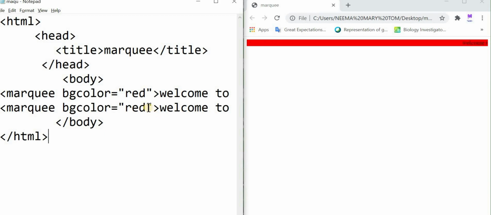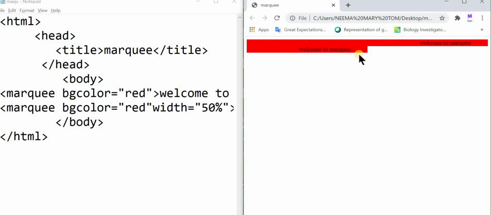Here you can see it occupies the full window width. We can change that by using the width attribute. So here I am giving another attribute, width is equal to 50%, so half of the window. Now save the file and refresh the web page.